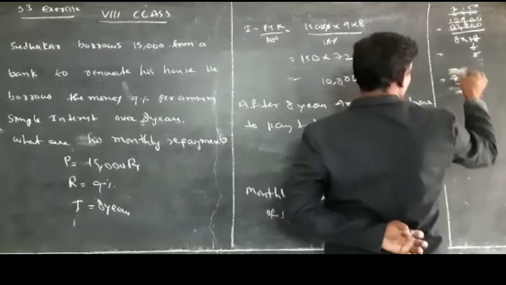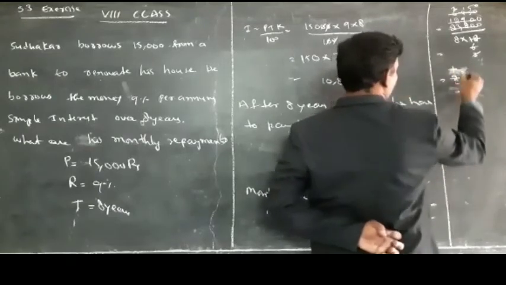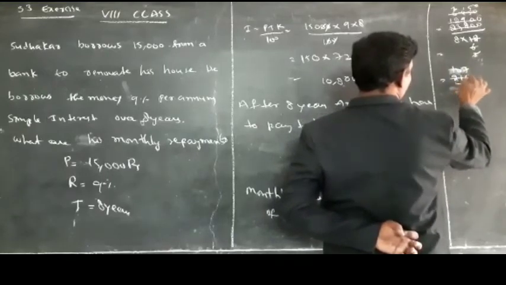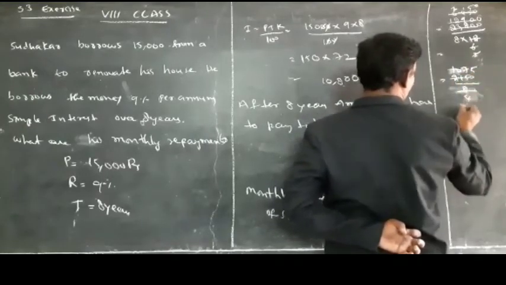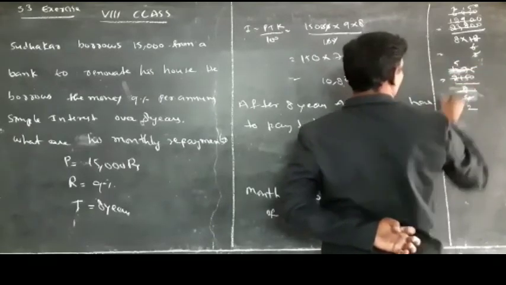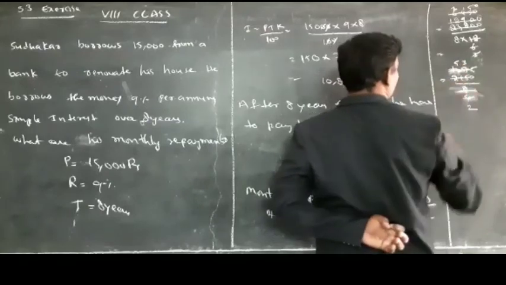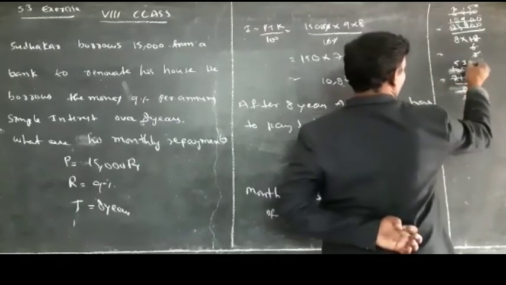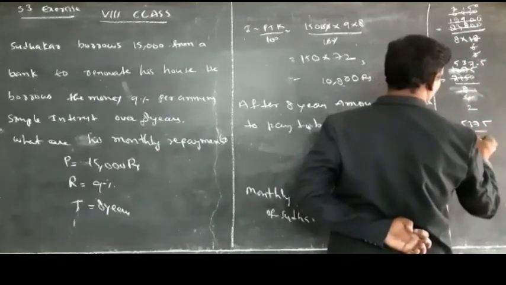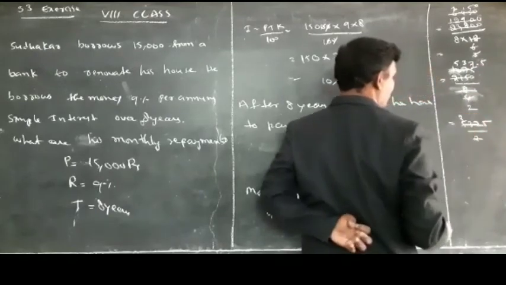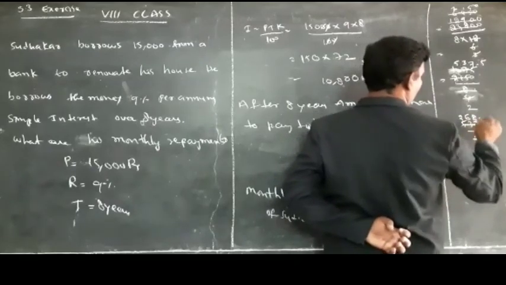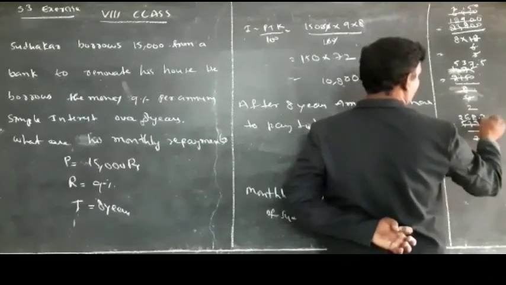2 twos are 4, 2 fours are 8. 2 ones are 2, 0. 2 sevens are 14, 5. Next, 2 twos are 4, 2 fives are 10. 2 threes are 6, 15, 2 sevens are 14, 0.5. So 537.5 by 2. 2 twos are 4, 2 sixes are 12, 17, 2 eights are 16, 2 sevens are 14, 5.